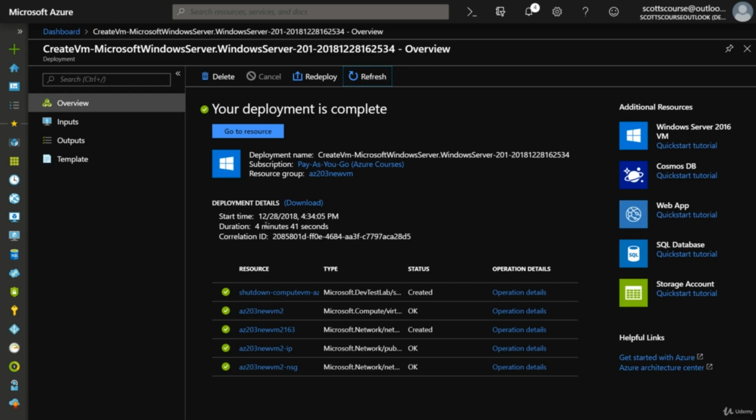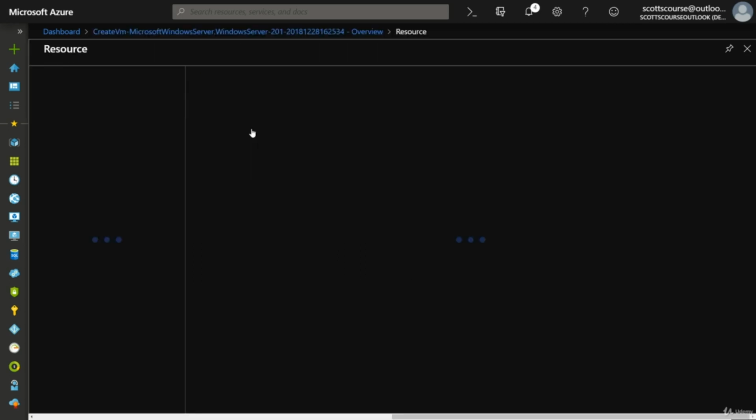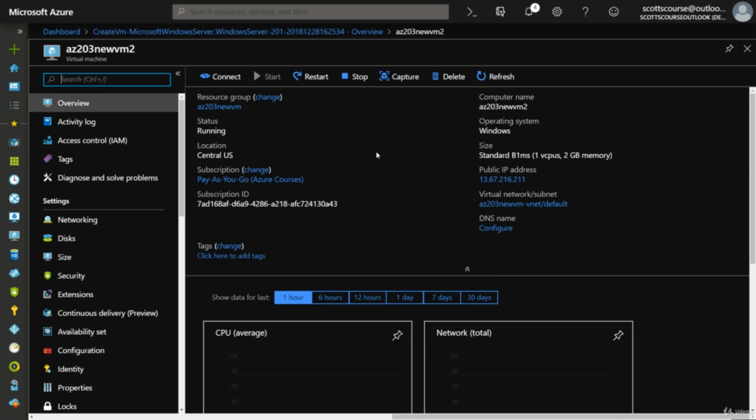Now, one thing I really like is this deployment overview. When you do create a resource, it basically shows you all of the items that are being created, and you can just sort of watch it. This deployment took 4 minutes and 41 seconds, so under 5 minutes to get a virtual machine created, including a network interface card and a public IP address and a network security group. So there's a number of resources that are being created. I'm going to click the Go to Resource button. Now, before we